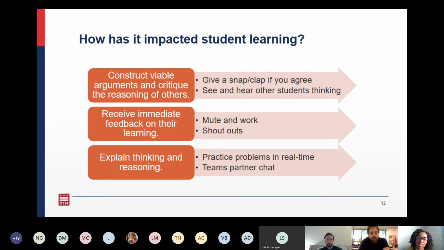All right, and then the last one is that students really obviously have a chance to explain their thinking and reasoning. I know you give those practice problems in real time, and instead of just working through the problem on their own, they actually do that with you guys in small groups. Can you talk a little bit about the popsicle sticks and how the students take turns explaining, and then the team's partner chat? Yep. So I do want to give kind of with that accountability piece,